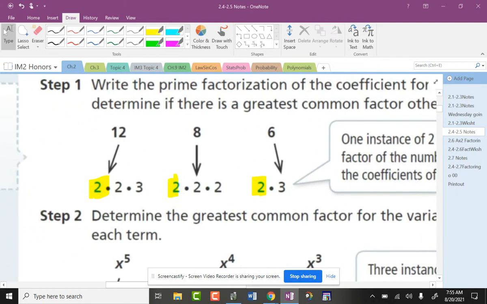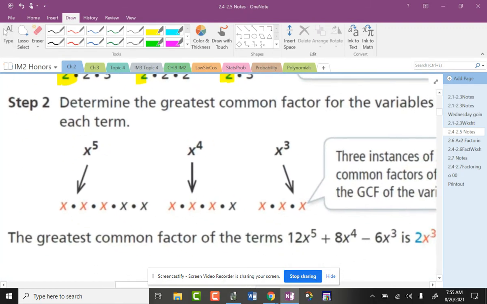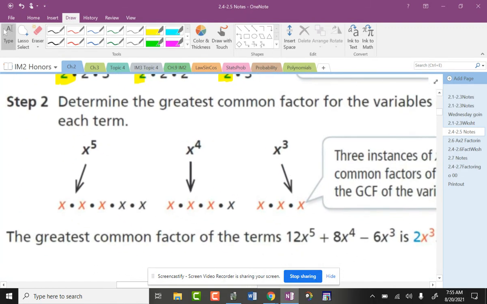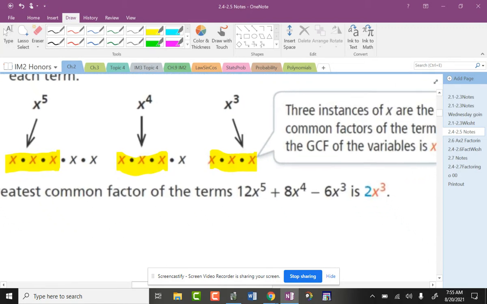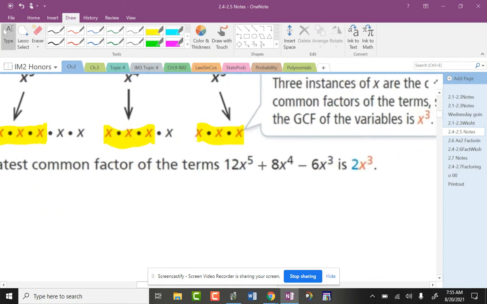Well, between 12, 8, and 6, when you break it down into a prime factorization, 2 is the number that they all have in common. That's what I'm going to be able to undistribute. And then for the x's, the first term's x to the fifth, second, fourth, and third, they all at least have 3 x's, or x to the third, in common. So bottom line, the GCF of 12x to the fifth, 8x to the fourth, minus 6x to the third is